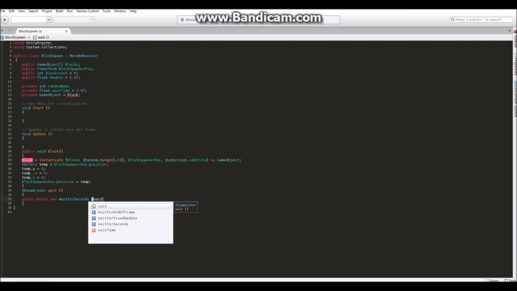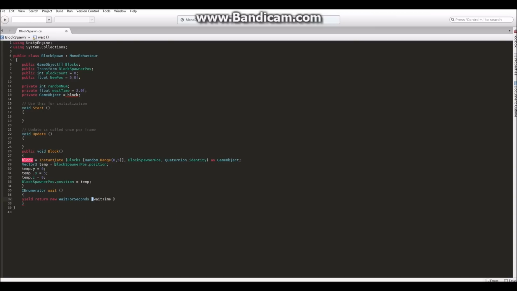Then here we actually want to have our wait time, which we set up here. And then in that line, which is just saying wait for seconds, how many seconds we put here, which is 2 seconds. So then we also need to put our block count up by 1,